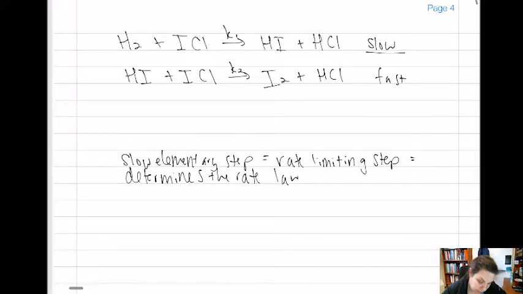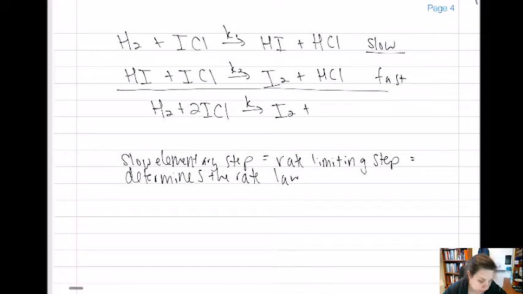Okay, so these two reactions combine to give us our overall reaction, H2 plus 2ICl goes to I2 plus 2HCl. So looking at our overall reaction, we can't determine our rate. We have to look at our slow elementary step. So according to our slow elementary step, our rate would be equal to